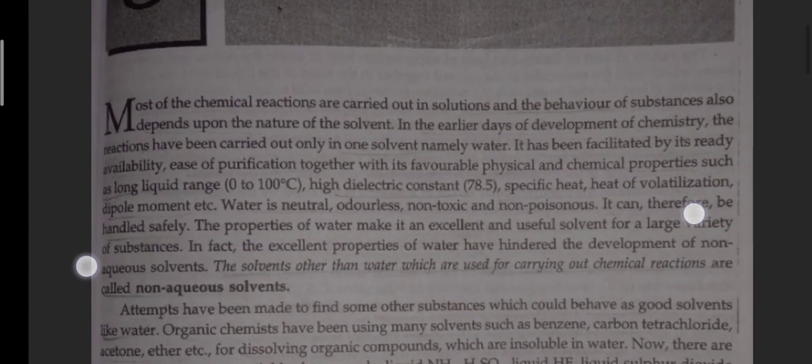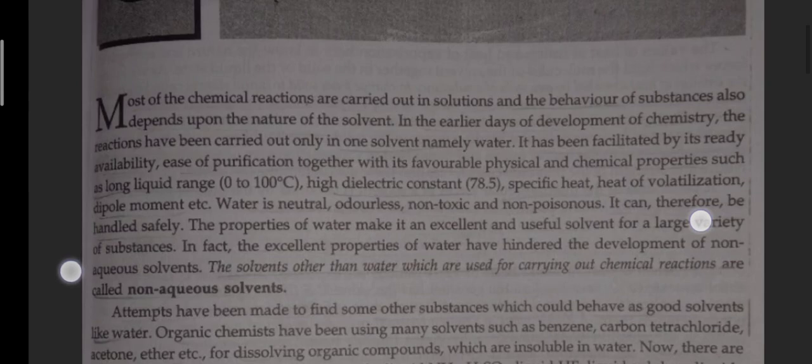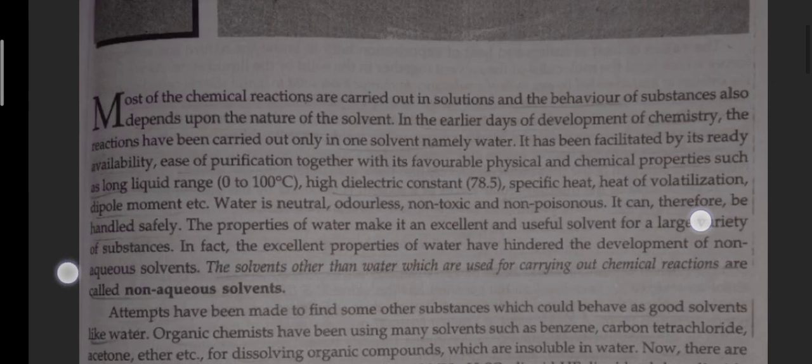Non-aqueous solvents. Most of the chemical reactions are carried out in solutions and the behavior of substances also depends upon the nature of the solvent. In the earlier days of development of chemistry, the reactions have been carried out only in one solvent, namely water. It has been facilitated by its ready availability, ease of purification together with its favorable physical and chemical properties such